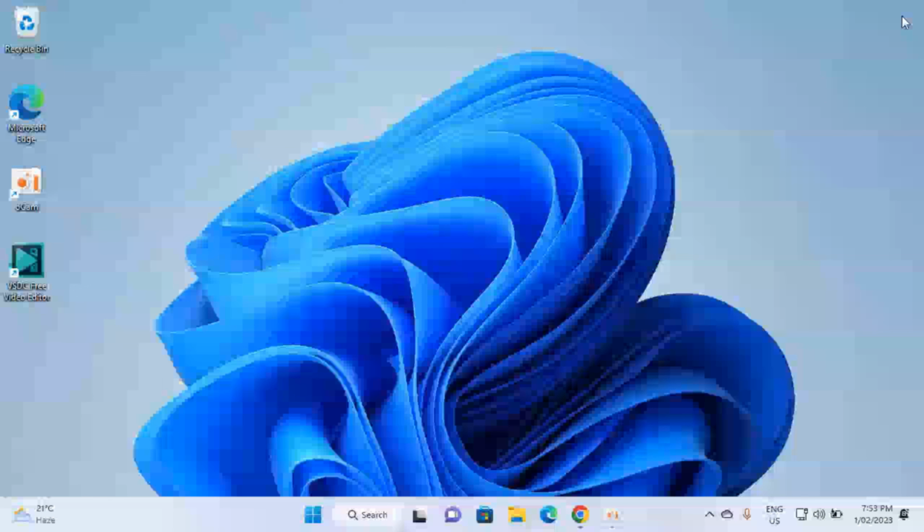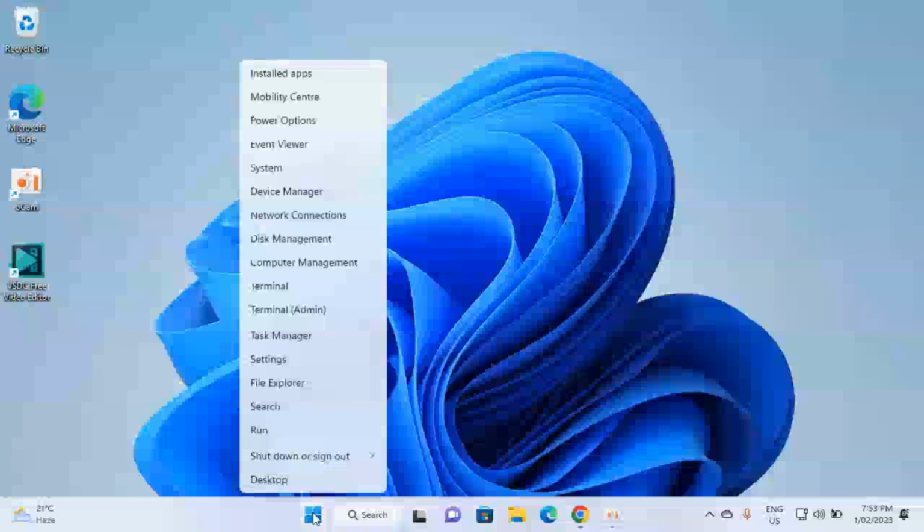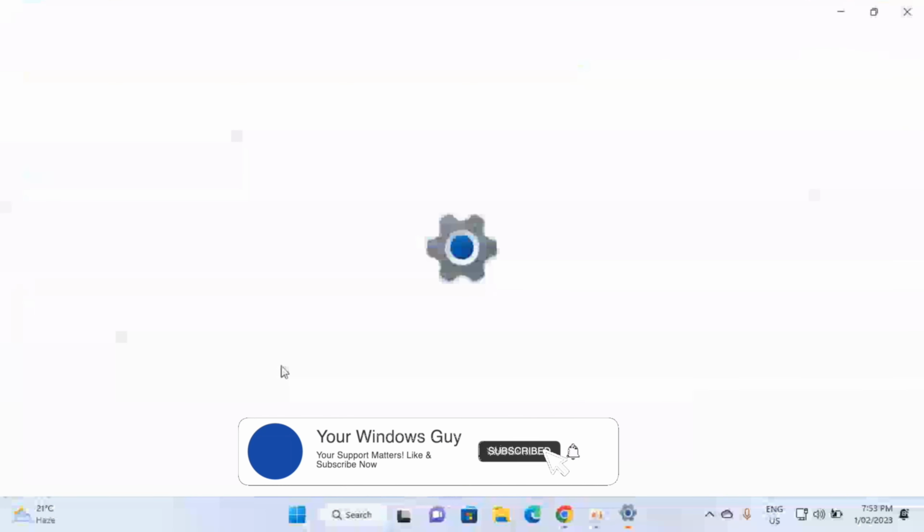Today in this tutorial we will be talking about how you can enable or disable location services in a Windows 11 computer. So let's go ahead. The first step is that you should right click on the start button here, go to settings,